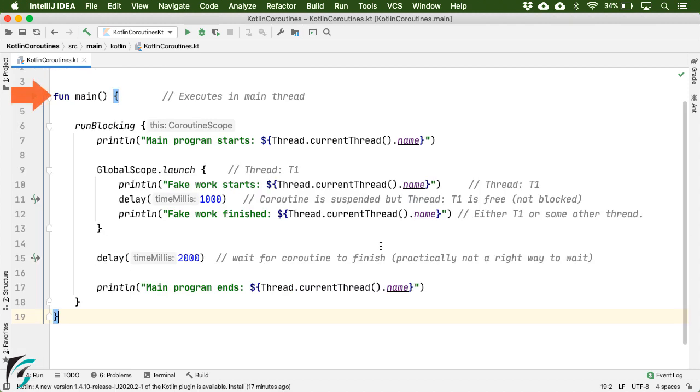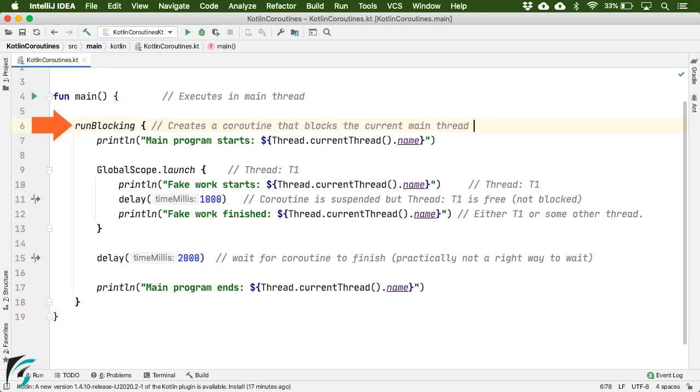If you analyze the code in sequence, this main function starts to execute in the main thread. Then using runBlocking, we launch a new coroutine that blocks the main thread, meaning this coroutine runs on the main thread. Then this print statement will run on the main thread, because it lies within the scope of the runBlocking method that is running on the main thread. So please note that. But when this launch function is executed, it creates a child coroutine, but in a background thread, meaning this entire code starts executing in parallel, in a concurrent manner, in the background.